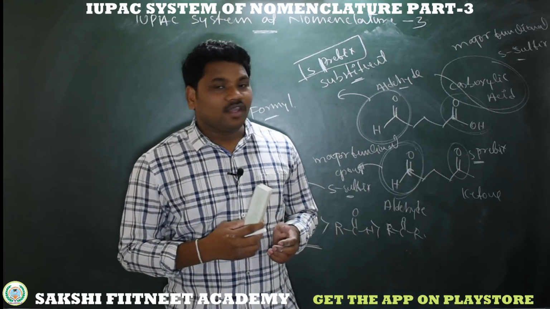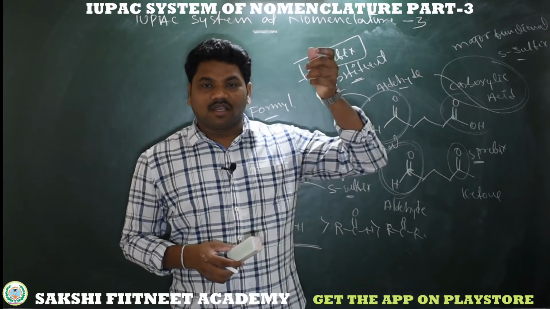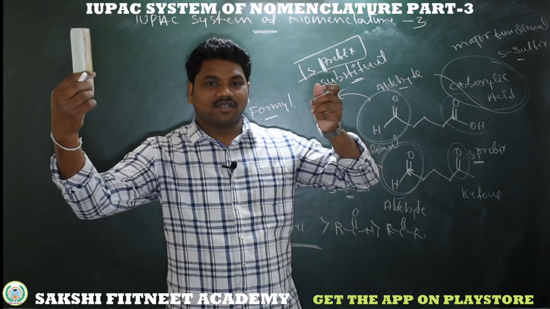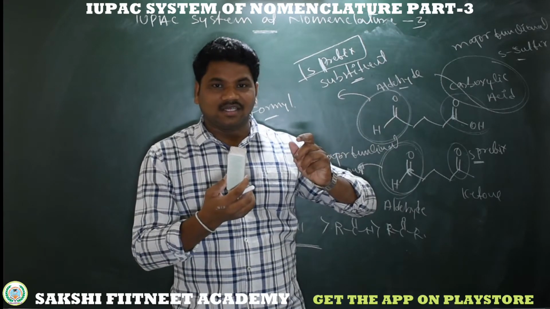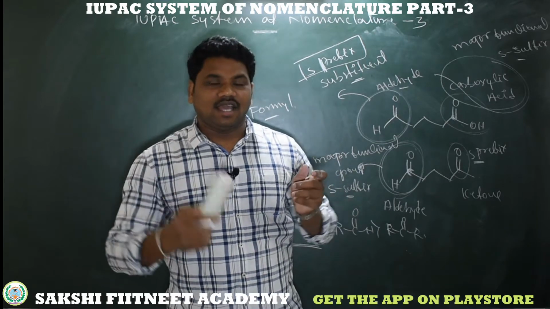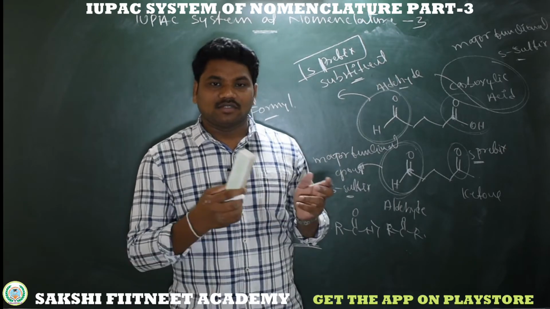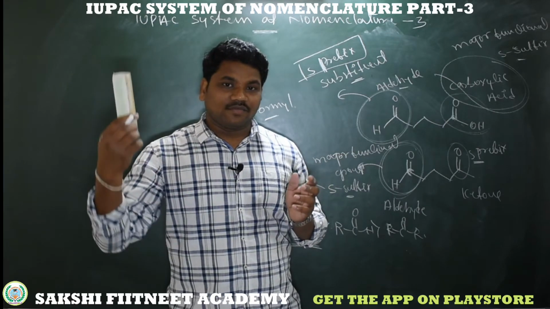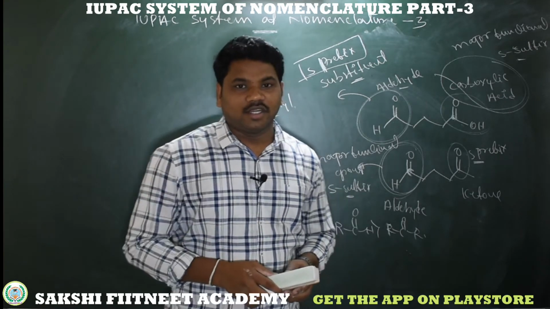Here I am giving a table. From top to bottom the priority decreases. For example, carboxylic acid, I'll give you its common name, its prefix and its suffix. The next priority goes to the sulfo group, that is sulfonic acid. Sulfonic group has sulfo as a prefix and sulfonic acid as a suffix. Next I am taking acid halide, that is acid chloride: carbonyl chloride as a prefix, carbonyl chloride as a suffix. Like this, I am giving you a table, very important, so just note it down.